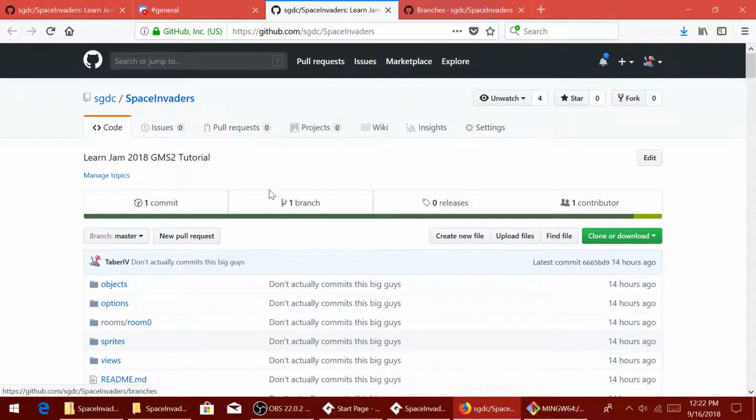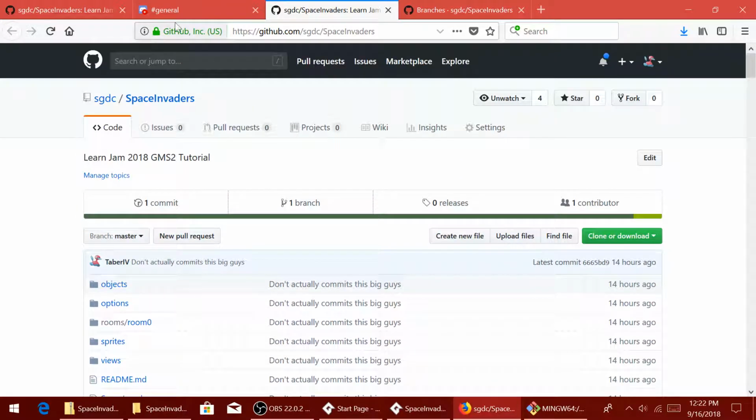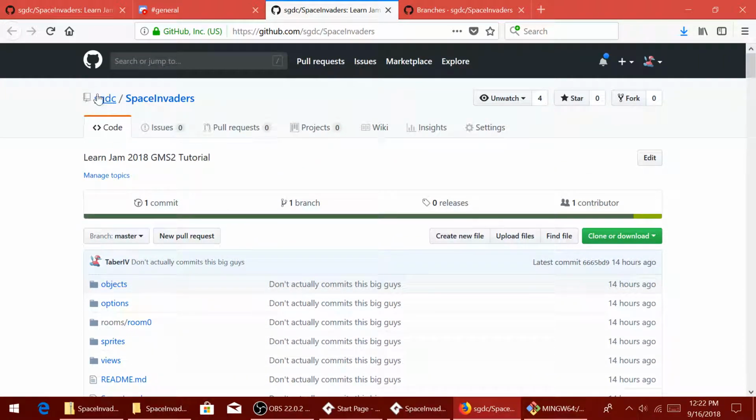We're going to start out with GameMaker. I have a GitHub that I just put in the Discord. Also, this is on our club repository. We should do more stuff with that. Anyway,